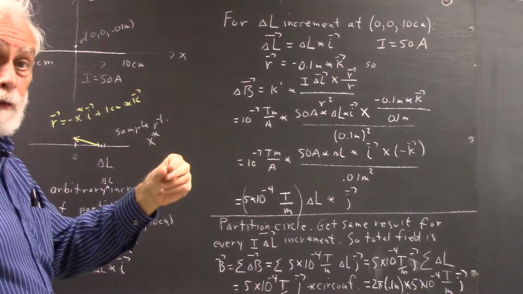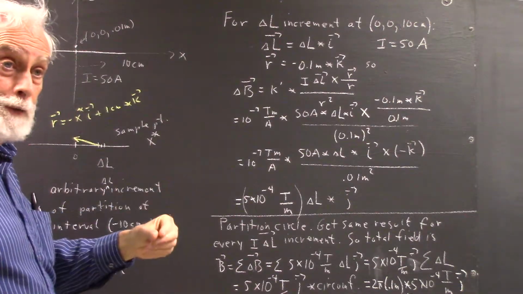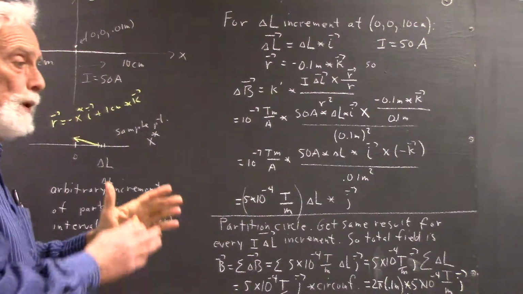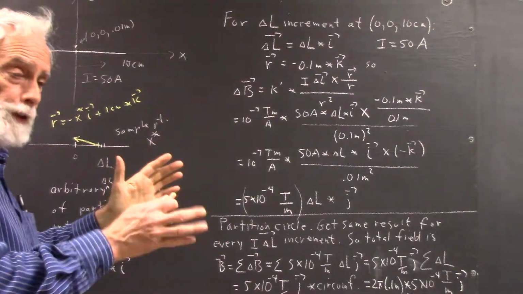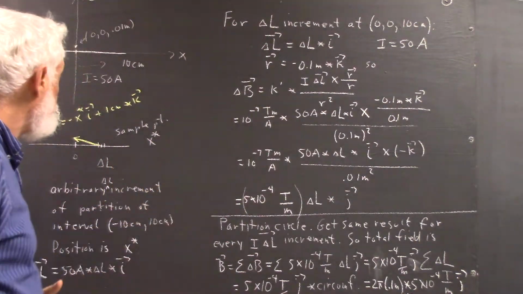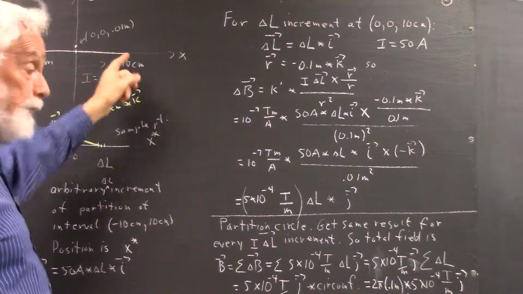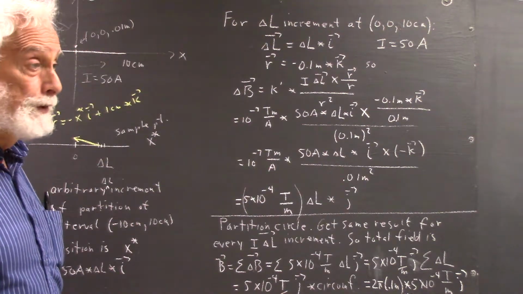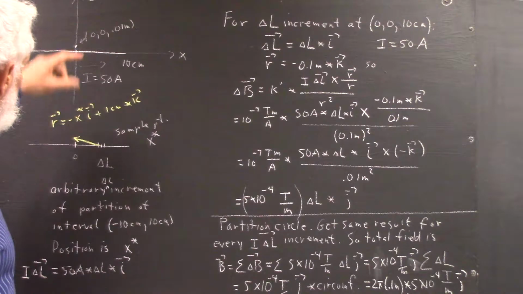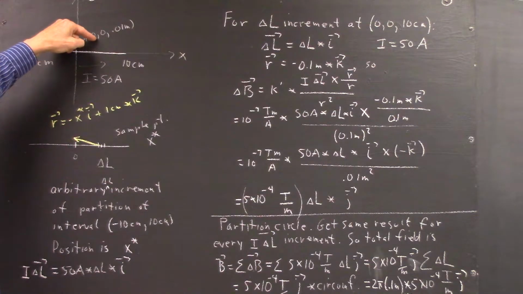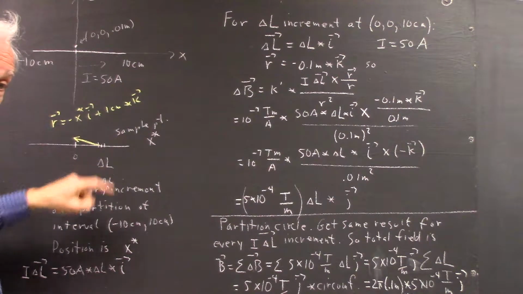Now that subinterval is going to be a typical increment of our partition, okay, because we always set up an integral by partitioning some interval. In this case, we're going to partition the interval from -10 centimeters to 10 centimeters, and that's implicit when we say, let's take a typical interval of length delta L,